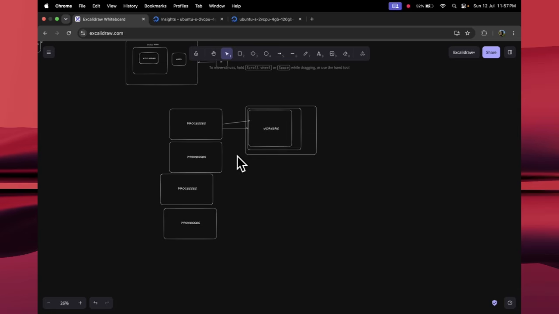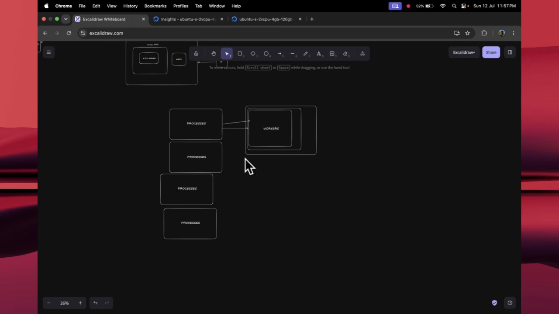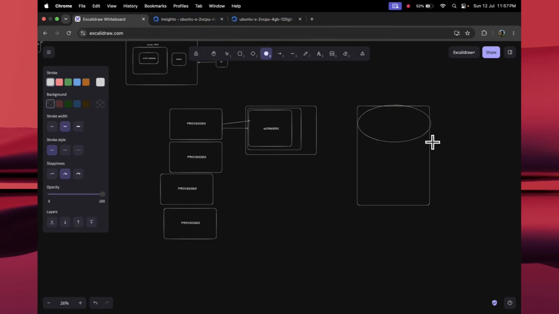So this process can also spawn up to 8000 workers, and similarly it goes on. Now the main important part here is, why did I write the number as 8192? You have to see that everything Nginx does is bound by your system resources. So this is very important, that your server, which is here, has limited